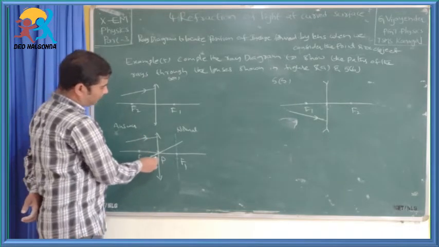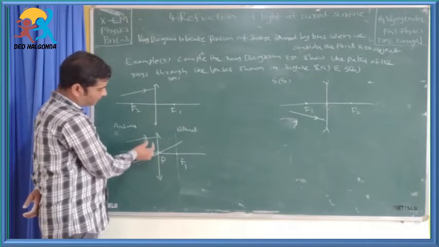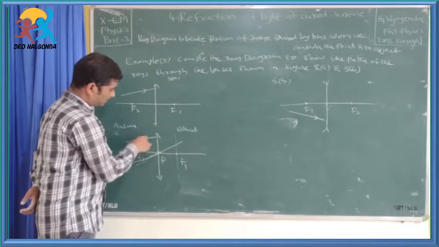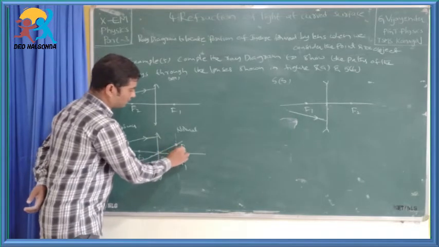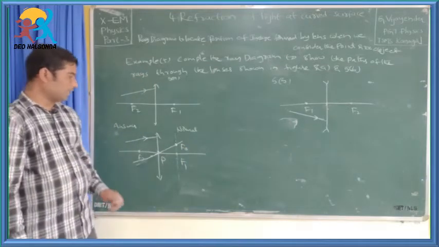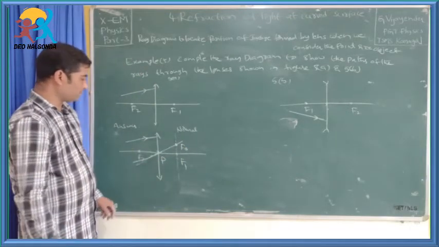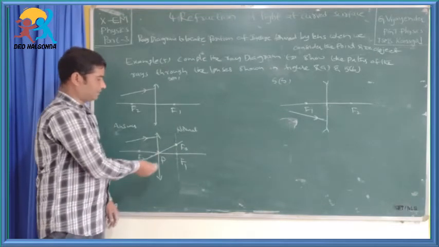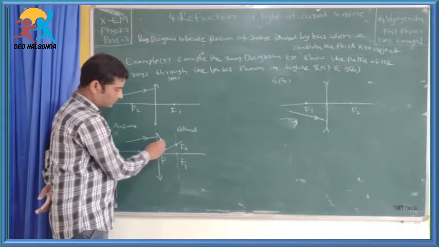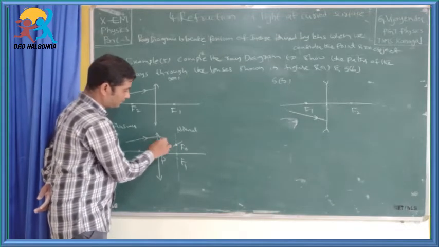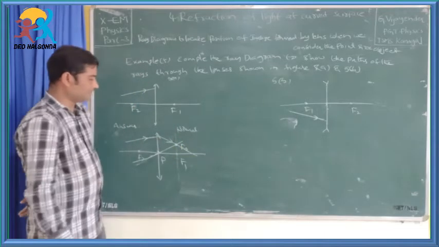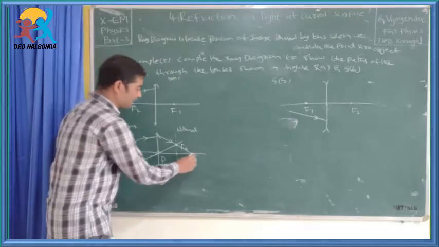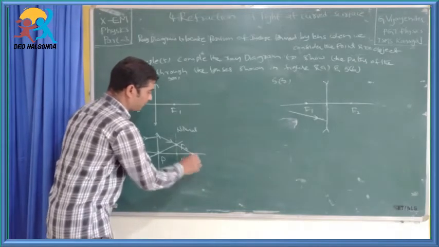This parallel line drawn through the optic center, parallel to the incident ray, is intersecting the normal at this point, that is F0. Now finally, we have to draw the refracted ray through the intersection point of the normal and the parallel line to the incident ray through the optic center. That is the refracted ray. This refracted ray is intersecting the principal axis at this point. So, this is the image of the point object.